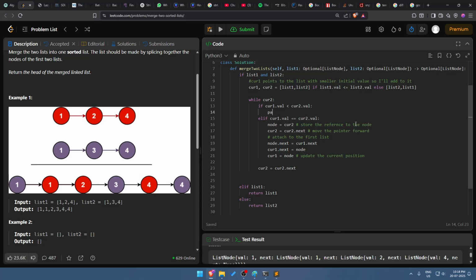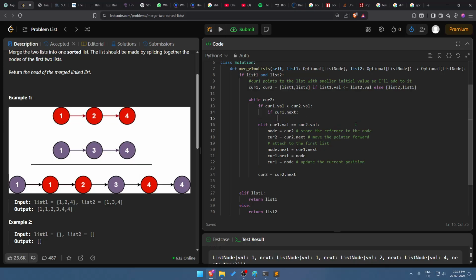Okay, if value is less, if current one dot next exists, if next one exists, then we... okay, I'll go greater. If next one exists, and